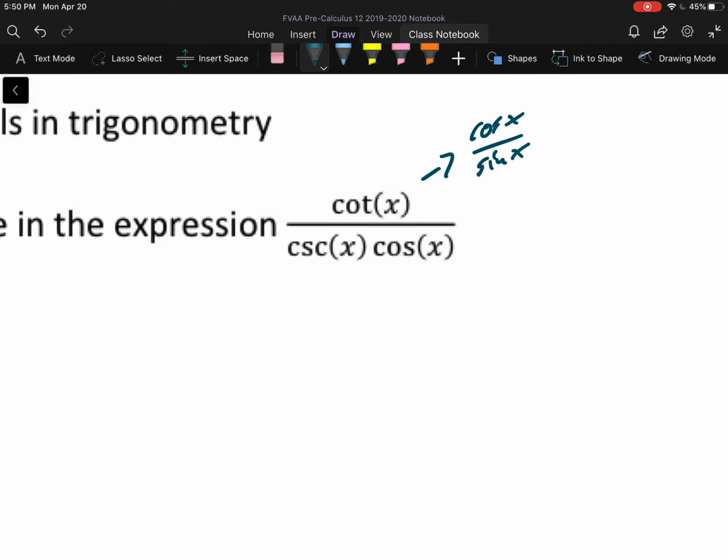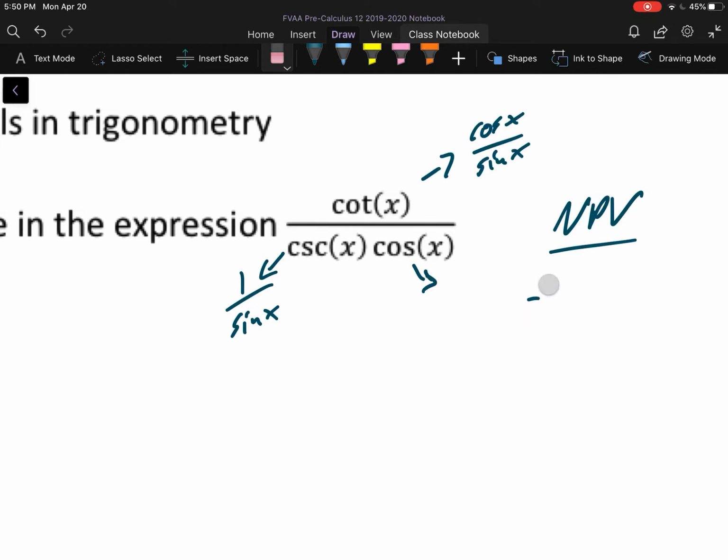And then cosecant is 1 over sine x. And again, sine x can't equal 0. And cos x, because it's in the denominator, cannot equal 0 as well. So for my non-permissible values, based on the previous question we looked at, sine x can't equal 0 and cos x can't equal 0 as well, what we end up with is